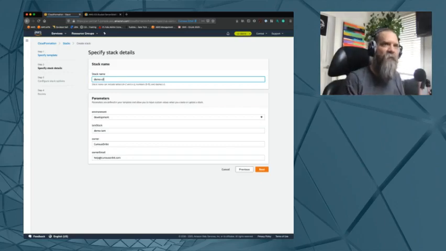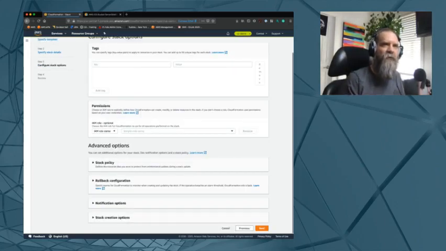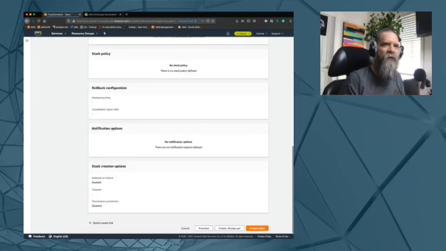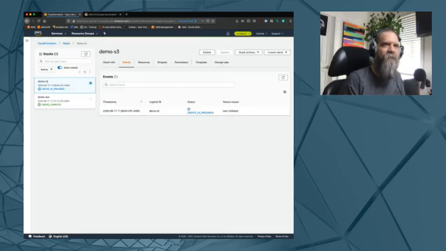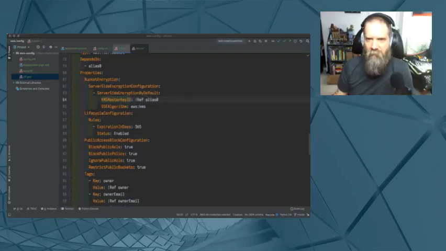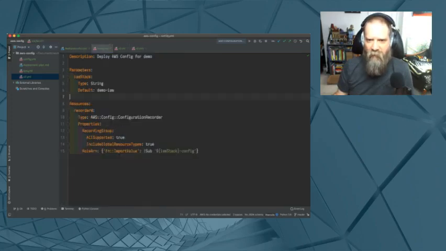We'll upload that S3 template again, and we'll call it Demo S3. Everything else should be ready to go. And we're going to next, and then create the stack. All right, so we'll do the same thing. We'll let that go. We'll flip back to PyCharm,